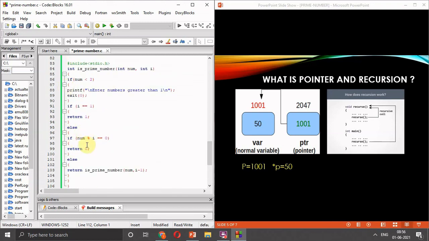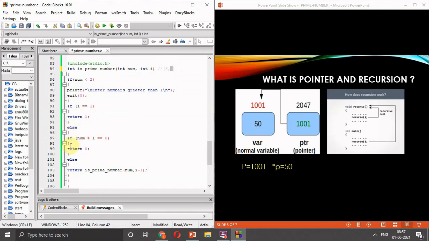Just understand the flow first. So we will print percent d is a prime number if flag is 1, and otherwise if flag is 0, that means we will jump into the else part, and if number mod i is equal to 0, then we will return 0. Now let's consider the example. Let's consider the parameters passed here are 6 and 3, since half of 6 is 3. Now if the number is less than 2? Our number is 6, it is not less than 2.